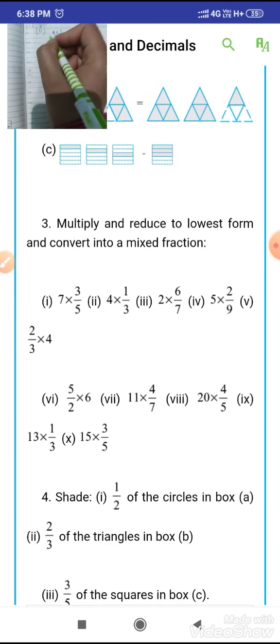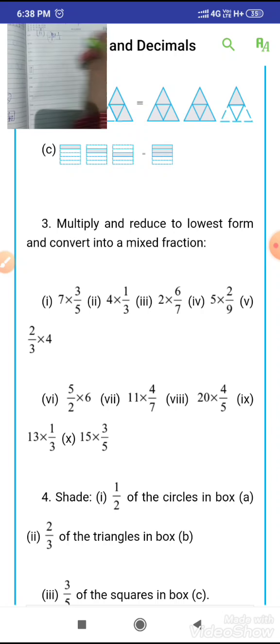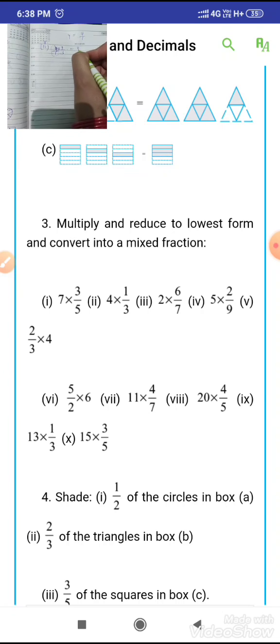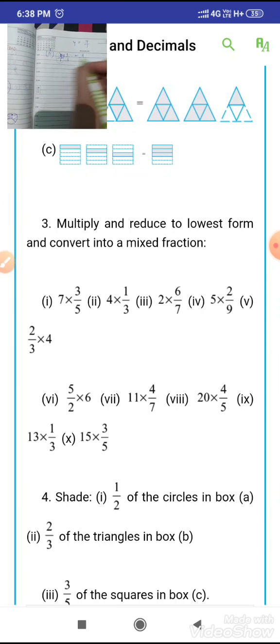So first we write 1 in the denominator of the 4, because we can write 4 as 4 upon 1. Then we simply multiply these two fractions, numerator by numerator and denominator by denominator. After multiplying 4 by 1, we obtain 4 in the numerator, and after multiplying 1 by 3, we obtain 3